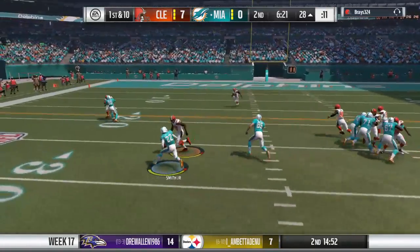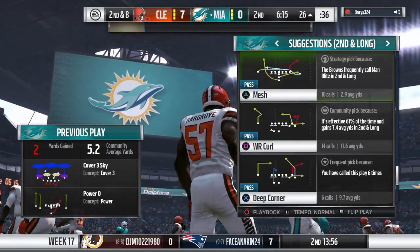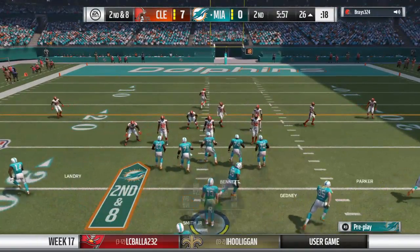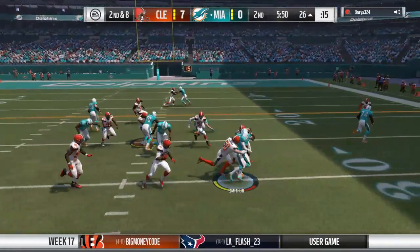They'll give it to him right up the gut. And only a yard this time as he's taken down right around the 26. That's a good play by the guys on the defensive side of the ball. Held him to a gain of 2. And that changes the playbook a little bit now for the guy calling plays. 2nd and 8. Now he's got to probably think about going to the air instead of maybe...